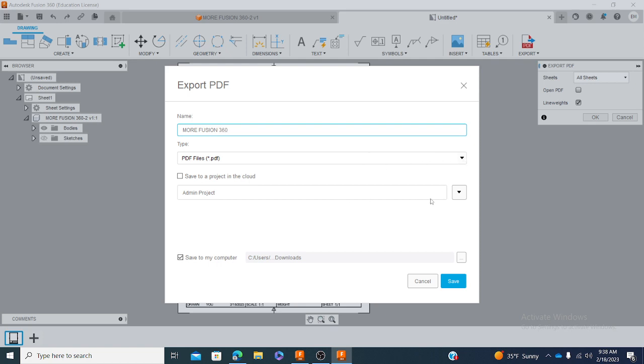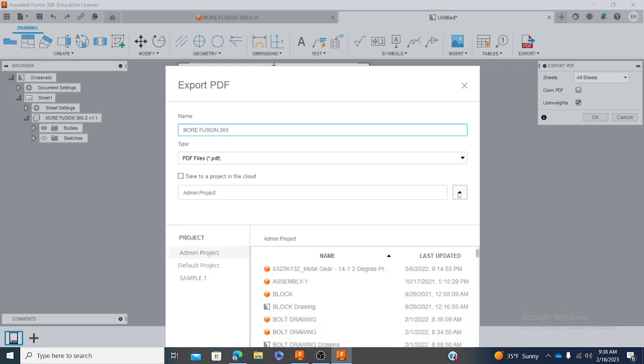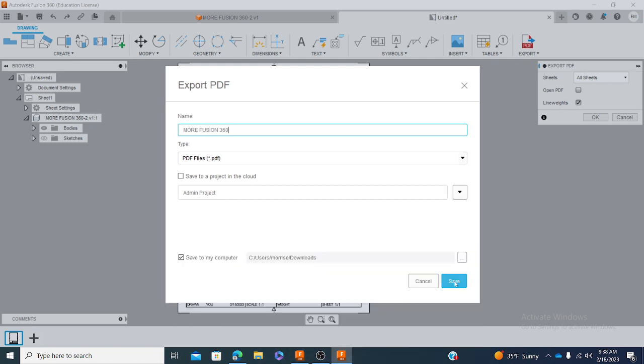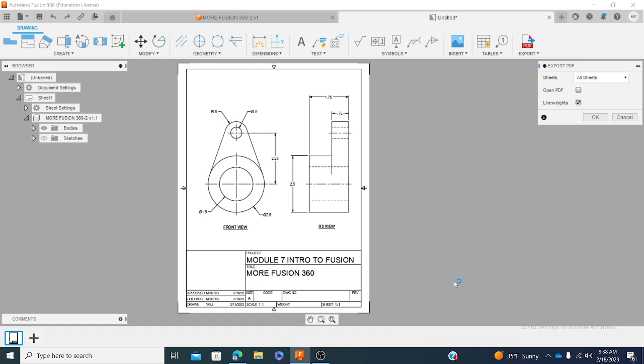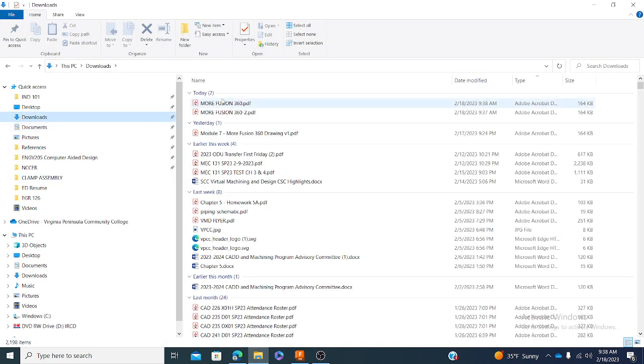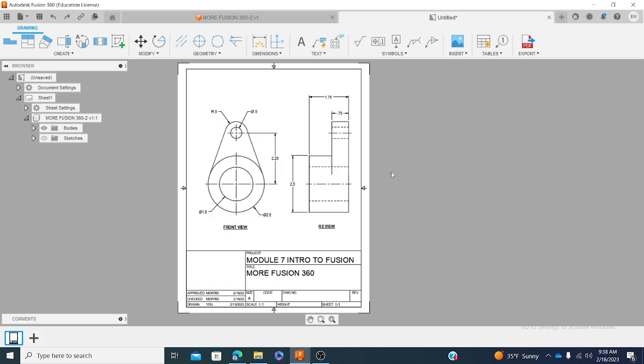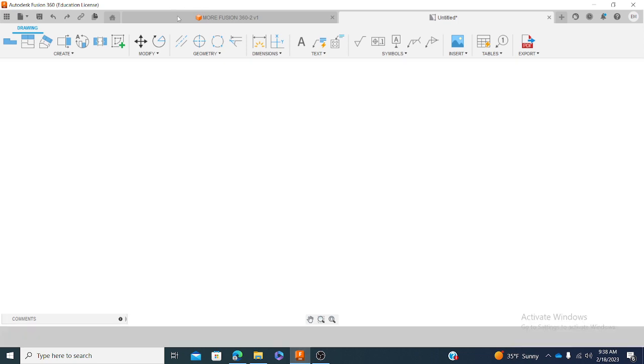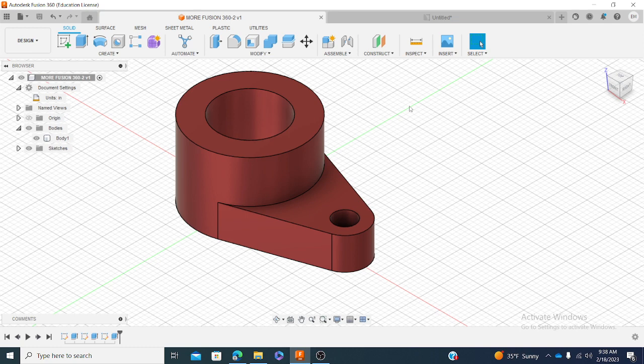There's a PDF. I don't know whether this is going to my downloads. Yeah, there it is. So you go to downloads to find your drawing. So this is what you're going to submit, okay? All right, so let's get back to Fusion. You're done with your drawing and you're done with the part. Now, it would be nice if you